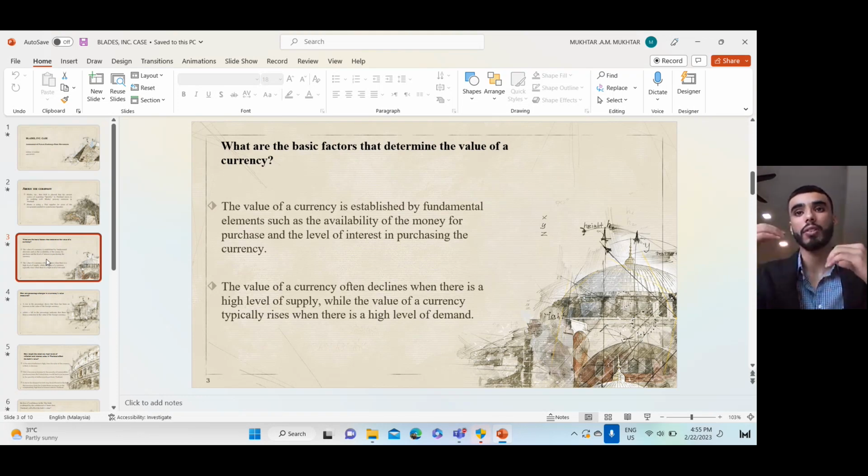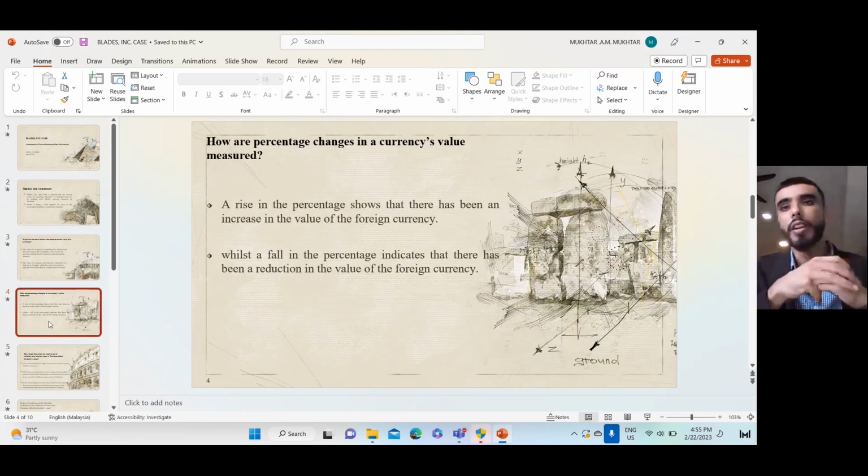So as you can see here, supply and demand. There are two rules. The value of currency often declines when there is a high level of supply, but it rises when there is a high level of demand. Okay. And then we are moving on to how are